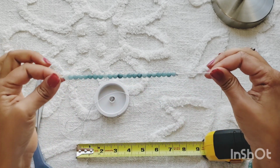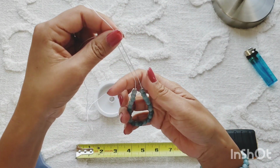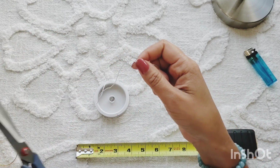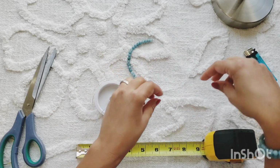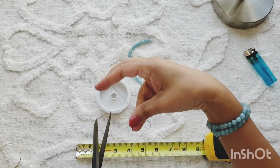Okay, so this is what we have, and then we're gonna cut the same length over here. And then for this one, you have to know how to do the macrame knots. So I'm gonna cut another piece of cord,